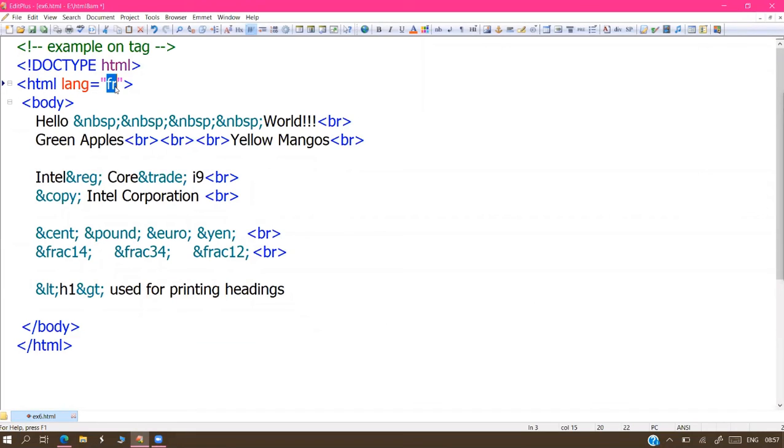Suppose in WhatsApp, when you are typing letters, we get English only. If you want to type a message in Telugu, what to do? We have to change the keyboard settings. Changing the keyboard means the corresponding software installation is required. Same thing in our HTML also. Correct. Got it. Thank you so much.